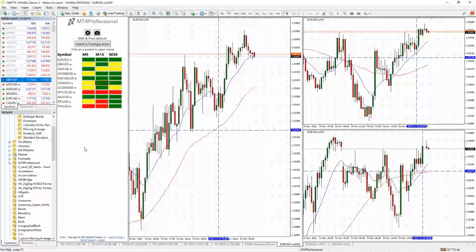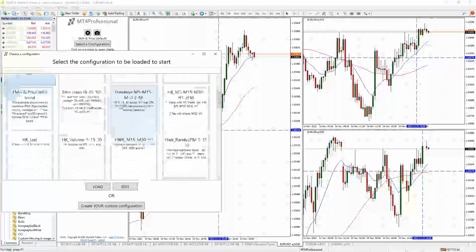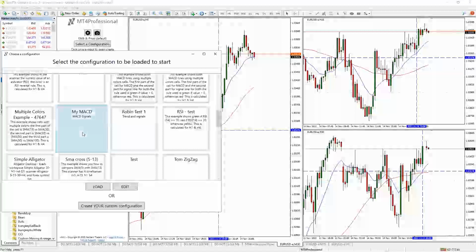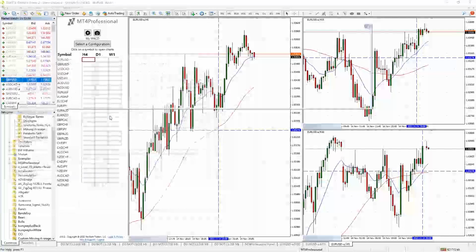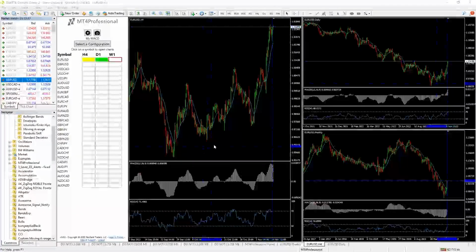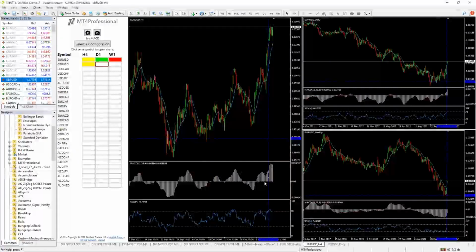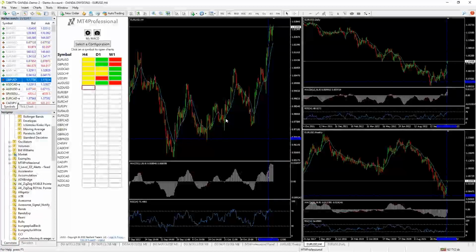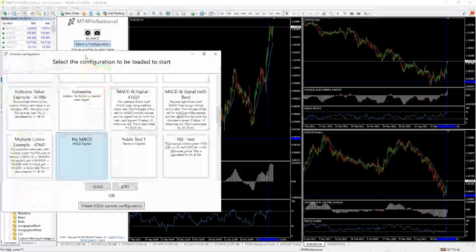You can do this with simple setups like I just did, or you can do it with complex setups. Let me pull a little bit more complex one up for you. This was the one that was showing you that's using the MACD with relative strength and the price and exponential moving average. So it's looking at that for a potential crossover point. So if you click select configuration,